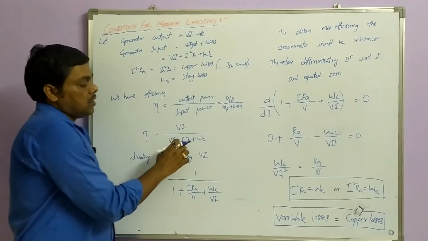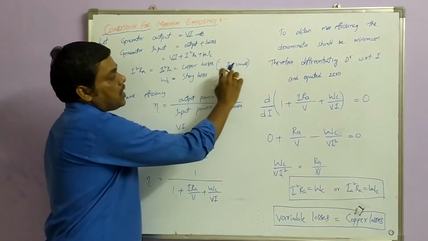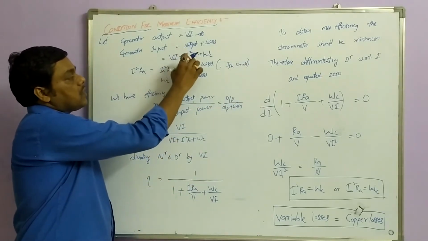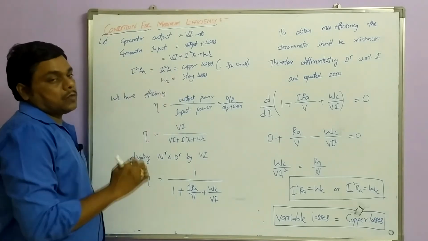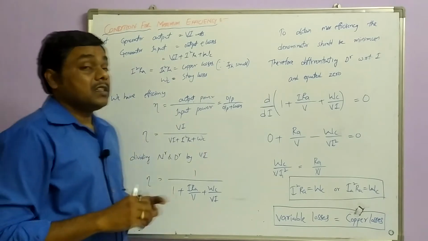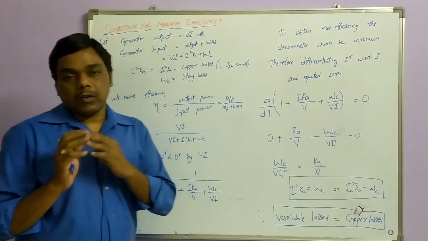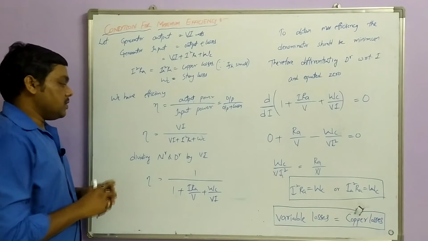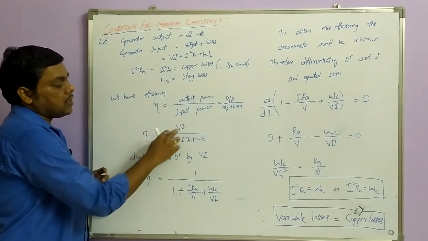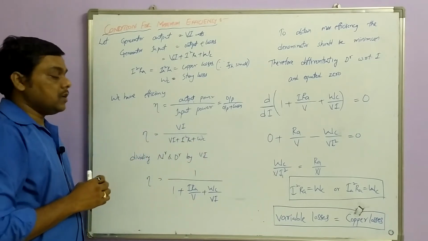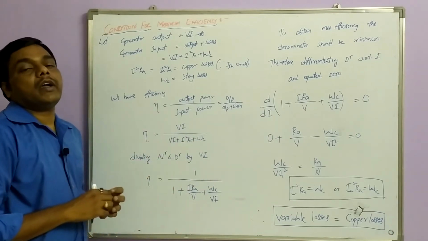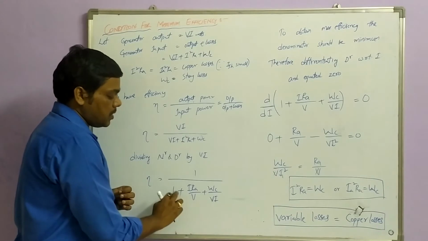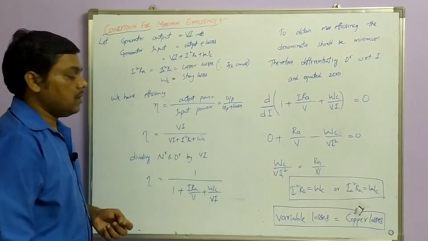Here I am making a simple assumption. Since Ish is very small, I can write I square Ra as Ia square Ra. So I and Ia are the same; the load current I am assuming as armature current, since shunt current is very small. From the efficiency equation, VIa by VIa plus Ia square Ra plus Wc, dividing numerator and denominator by VI, we get efficiency equal to 1 by 1 plus Ia Ra by V plus Wc by VIa. Now this is the